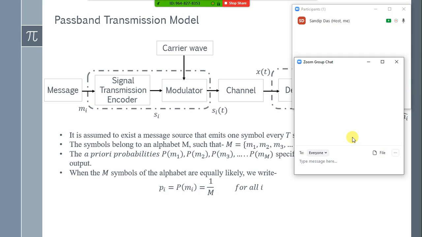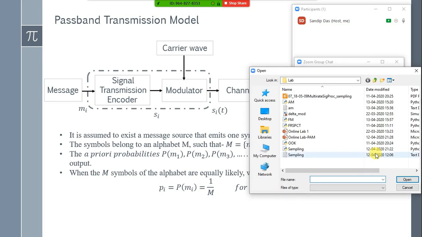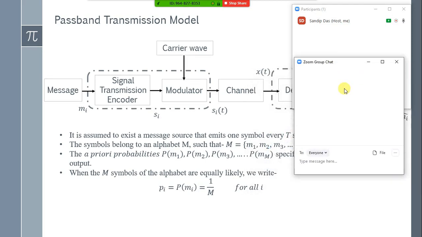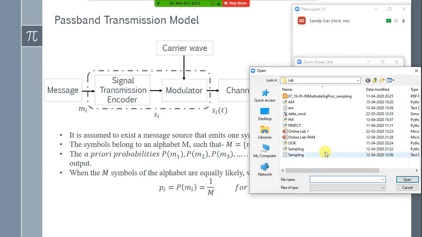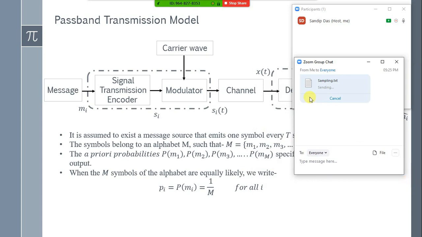During the class, if you want to share something with the group, suppose some worksheet or any file or any questions which you want the students to solve, you can just open the chat box. You can go to the file option, select it, and suppose I want to share this with the students, I will select the file that I want to share, click open, and it will be sent or broadcasted to all the students.